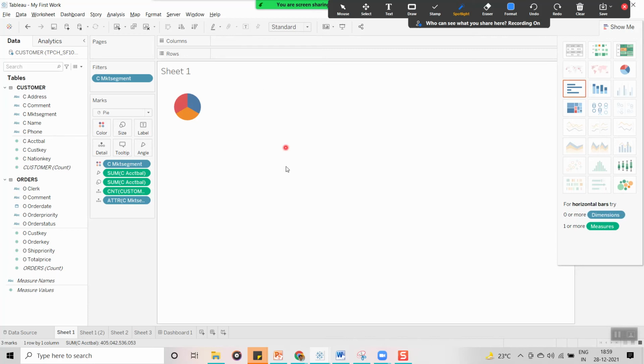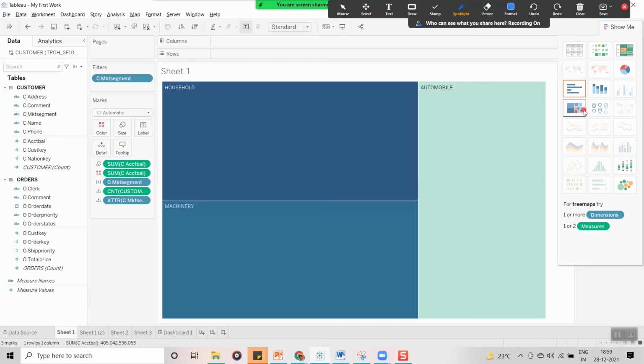Also in interviews, people might ask you to create a tree map and what mandatory fields you have to use. To create a tree map, one or more dimensions and one or two measures are mandatory.